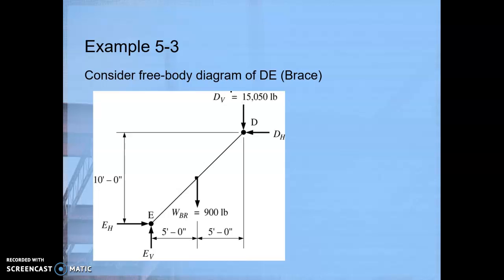Now, in the previous free body diagram, when we did look at the boom, we found that joint D was pushing up against the boom. So we've got the boom, and joint D was pushing that boom up with a force of 15,050. That's what holds it up. We had the 10,000 pound force here at the end trying to pull it down. So the joint is pushing the boom up. If it's pushing up against the boom,